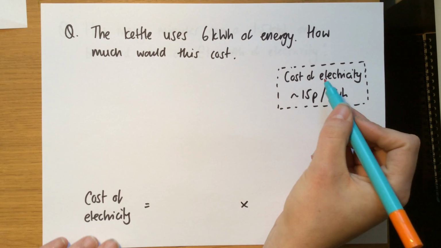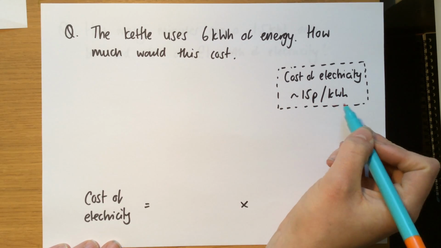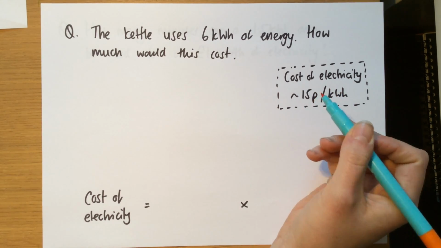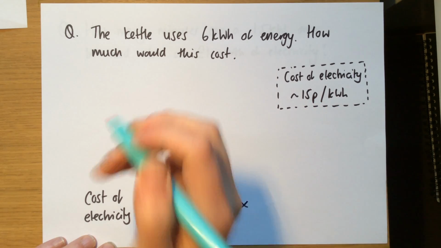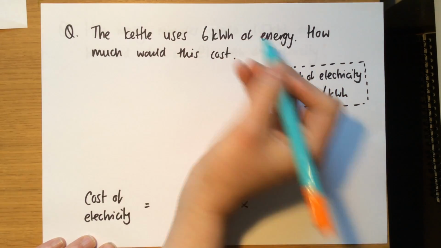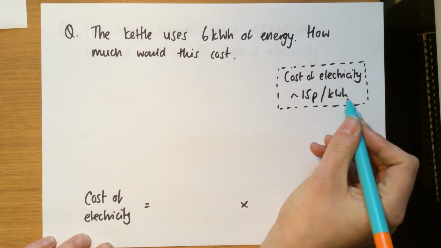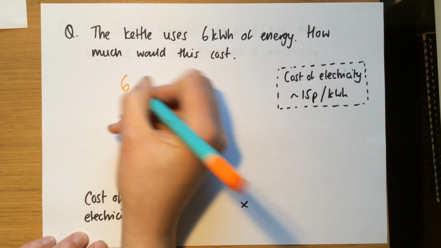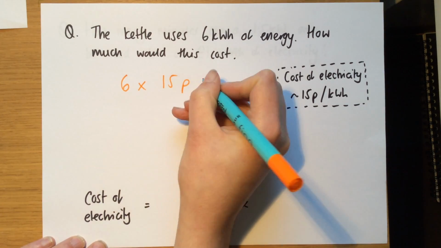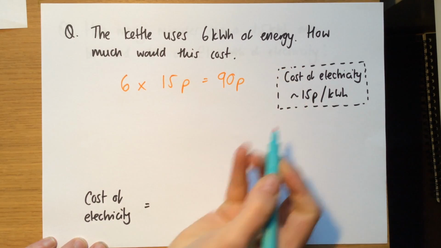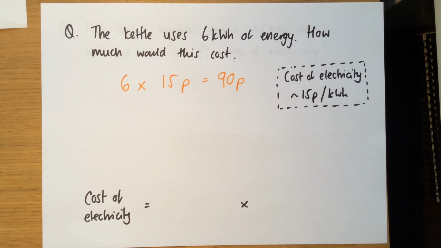So the cost of electricity is approximately 15 pence per kilowatt hour. That's slightly over what it is. It's more about 13.6, something like that, pence, but it's an easy number to use. So if it's got 6 kilowatt hours of energy, and each kilowatt hour is 15 pence, then 6 kilowatt hours is going to cost 6 times 15 pence, which is equal to 90p. So it costs about 90p to use that 2 kilowatt kettle for